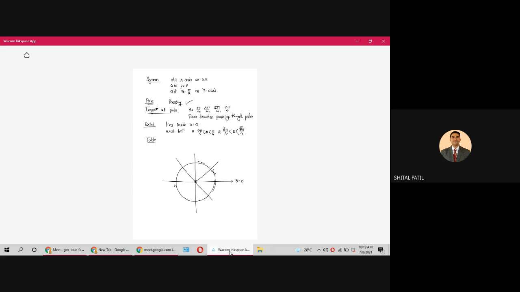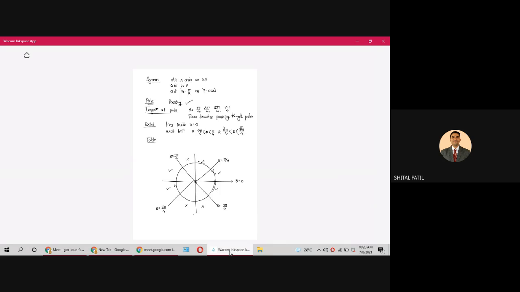Unfortunately, it is not so. Then these are the tangents. Theta equal to pi by 4, theta equal to 3 pi by 4, theta equal to 5 pi by 4, theta equal to 7 pi by 4. These are the tangents. Then the curve exists between 7 pi by 4 to pi by 4. The curve does not exist from pi by 4 to 3 pi by 4. The curve exists here, the curve does not exist here.